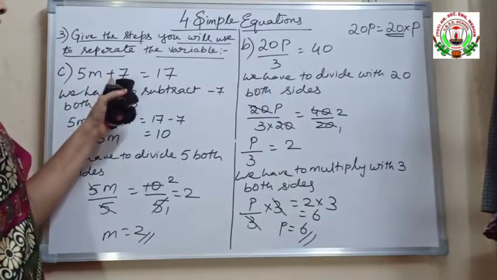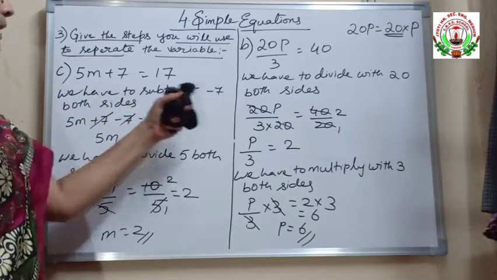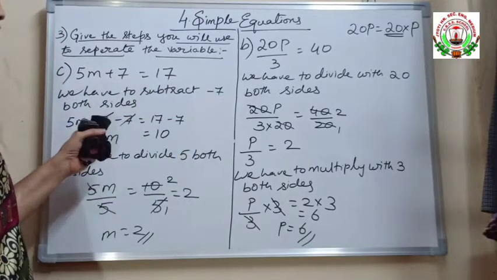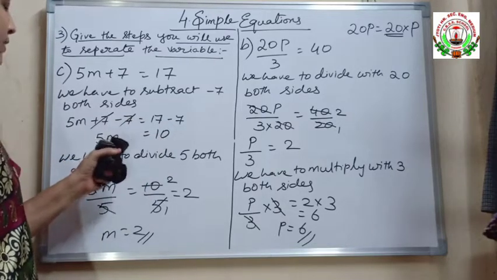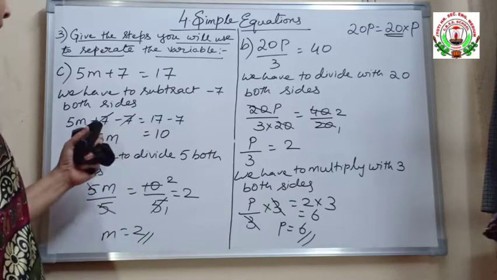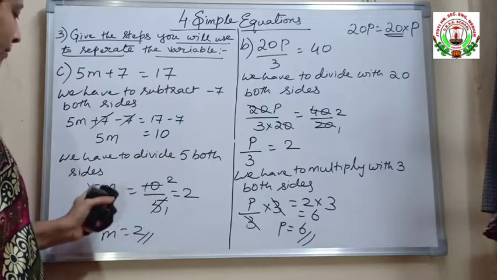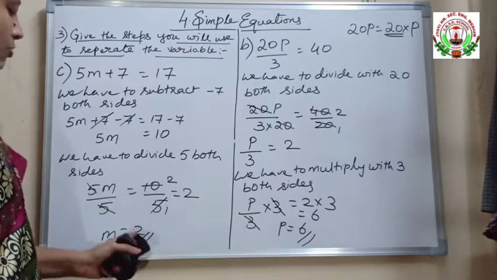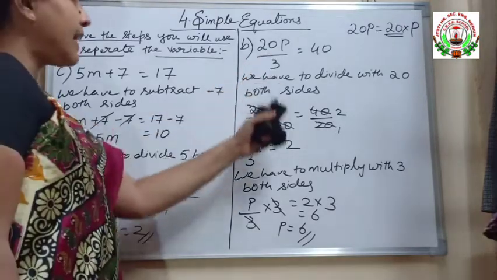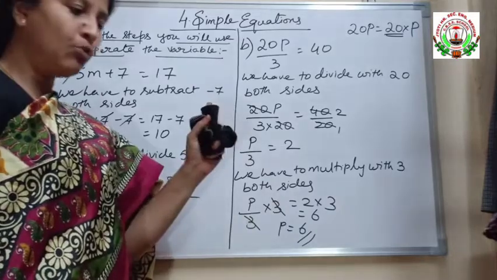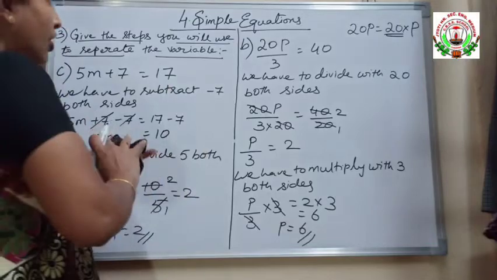See, addition part is given as well as multiplication part. So I have removed the addition part by subtracting minus 7 both sides. So minus 7 got cancelled and 17 minus 7 is 10. So I have got the answer as 5m is equals to 10. And here multiplication is there, so I have to divide with 5 both sides. I have divided with 5 both sides and I have got the answer as m is equals to 2. In the same way as we have done in the B part, one more question is there, D part. I think you can solve it. So your next question.